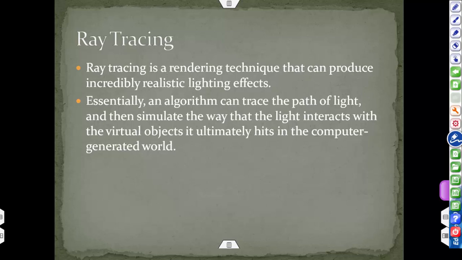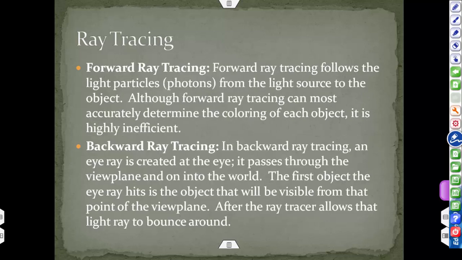Basically, we have two types of ray tracing algorithm. The first one is forward ray tracing. So what is forward ray tracing? We can understand it by this simple example. Suppose this is the light source, and here we have a view plane, and the camera is here.